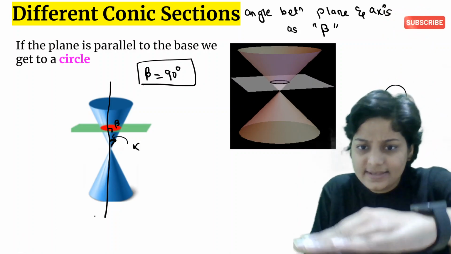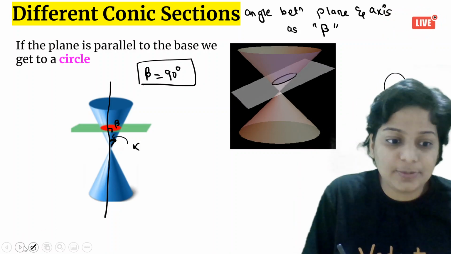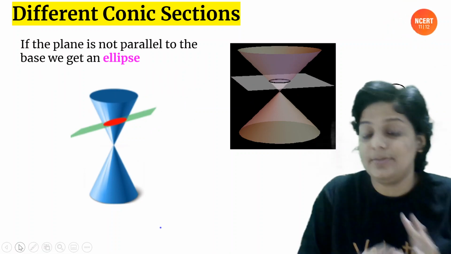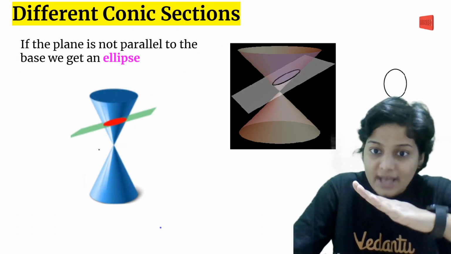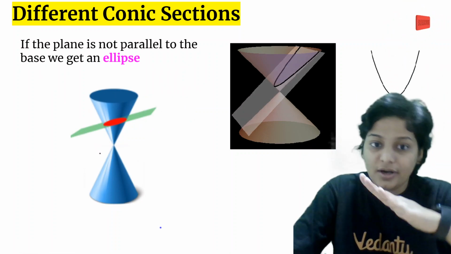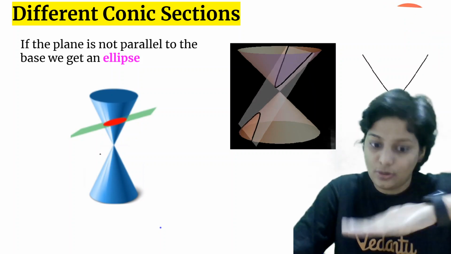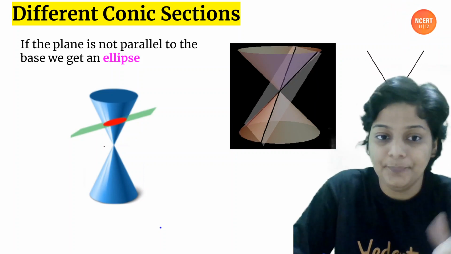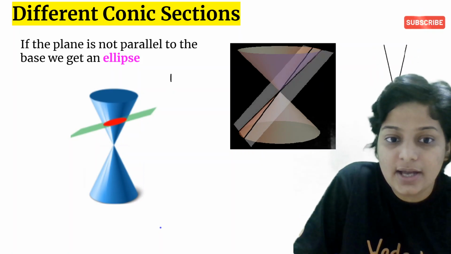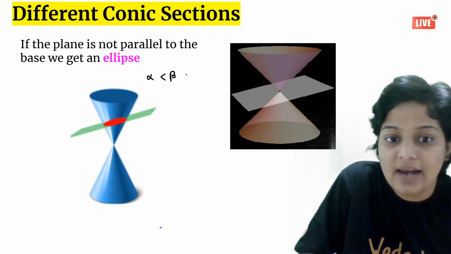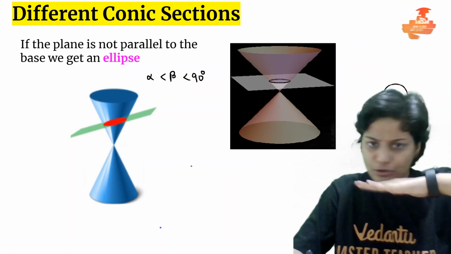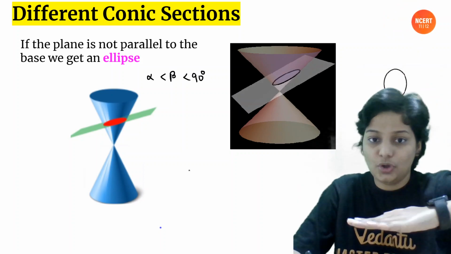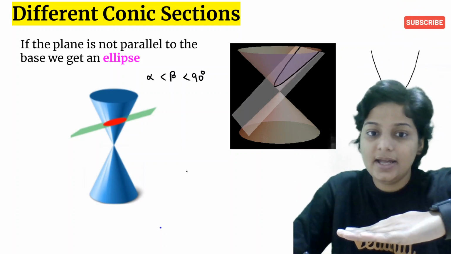नेक्स्ट देख लो एक बार, सर्कल आ गया। चलो नेक्स्ट पे चलते हैं। नेक्स्ट है एलिप्स, कैसे मिलेगा? एलिप्स के लिए आपको थोड़ा सा प्लेन को ऐसे थोड़ा सा मूव करना होगा, नॉट परपेंडिकुलर बट अ लिटिल टिल्टेड। So the condition for this is your beta is greater than alpha but less than 90 degree. It should not be 90, है ना, your plane should not be at 90 degree, but alpha भी नहीं होना